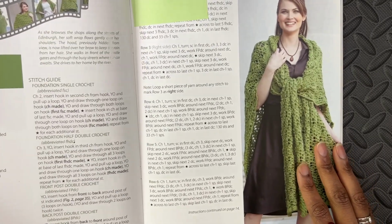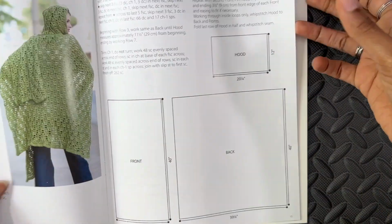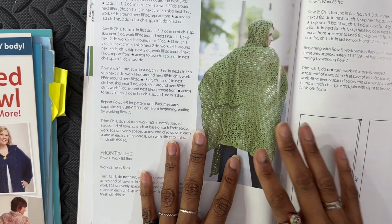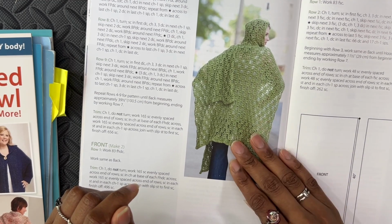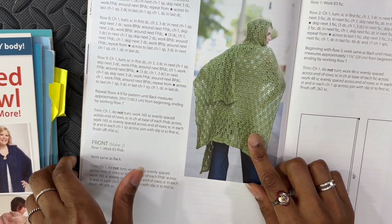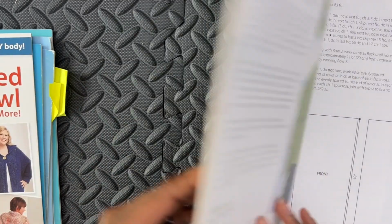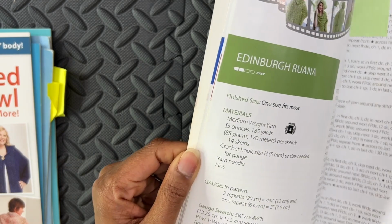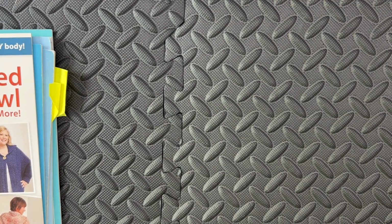So this is the Edinburgh Ruana. And I think there's another picture here. Yeah. So it's just giant. And I love it. And I definitely want to make something like this. I'm trying to find the right yarn. I have some linen though. I feel like this linen could definitely be a possibility so that it wouldn't be too heavy, because that's a